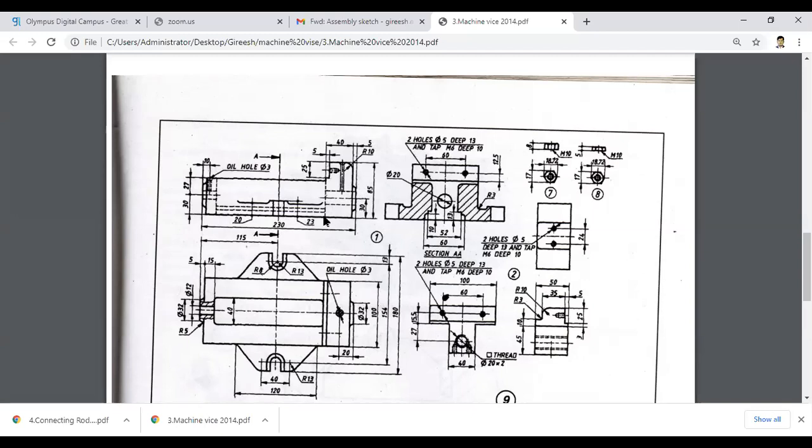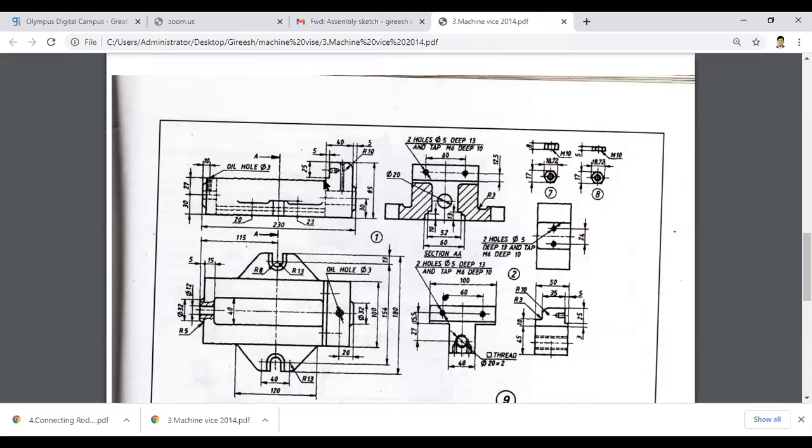So you have to take 110 at 0 degree. What will be the height? Height is 85 mm. And this distance, from here to here, is 40. Here 40 minus 5 you have to take, that is 35. Downward distance is 25, it is given here. This line is 5 mm as mentioned here.